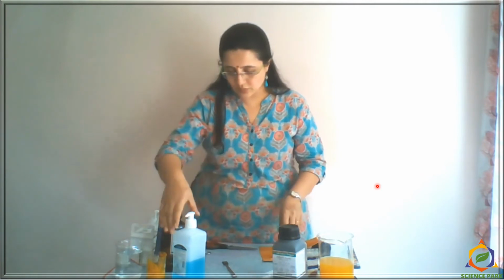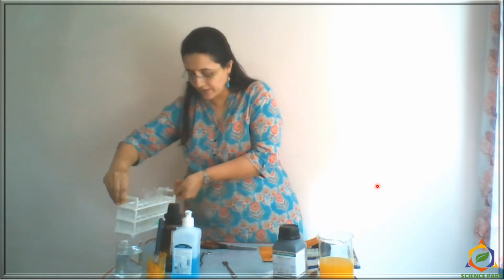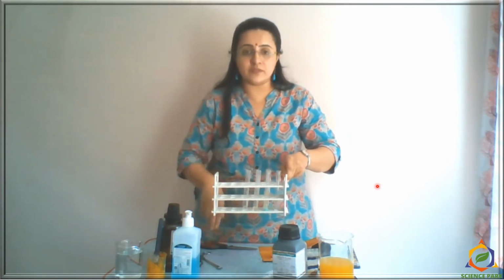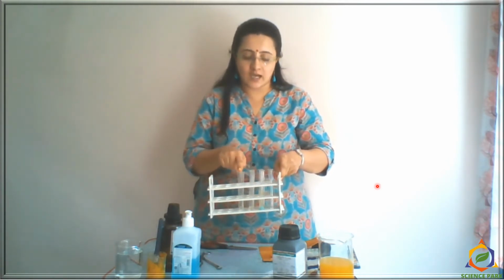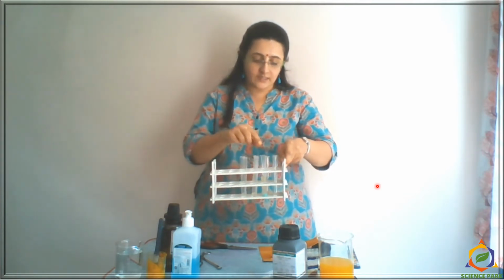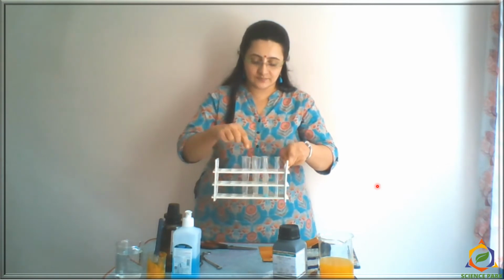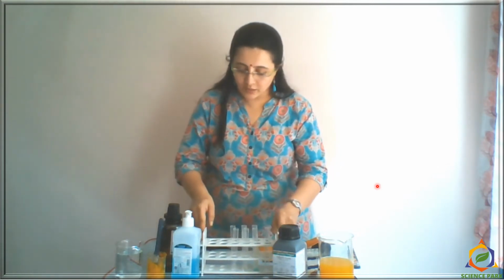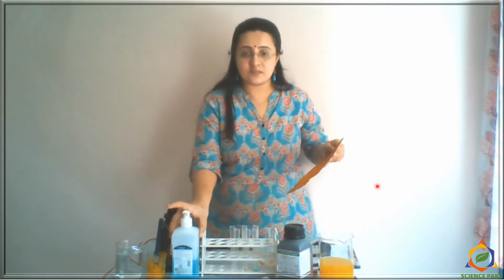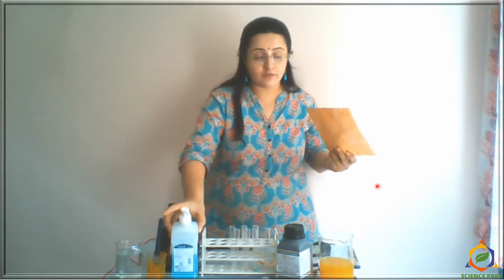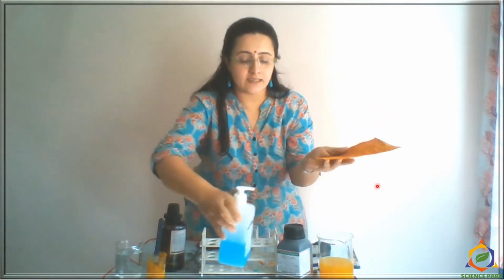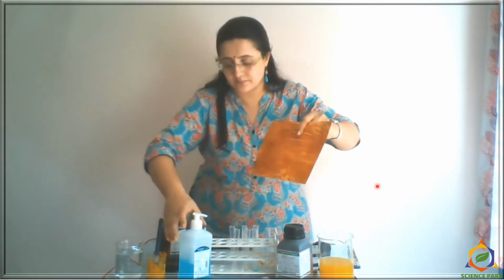Now to judge it, I have taken 7 test tubes, out of which 4 test tubes are alkalis, bases, and these 3 test tubes are acids, different samples of acids. Now you see what you have at home. Okay, now this is the spray, hand sanitizer spray. We all know that it contains alcohol. Let's see whether alcohol is a base or an acid.